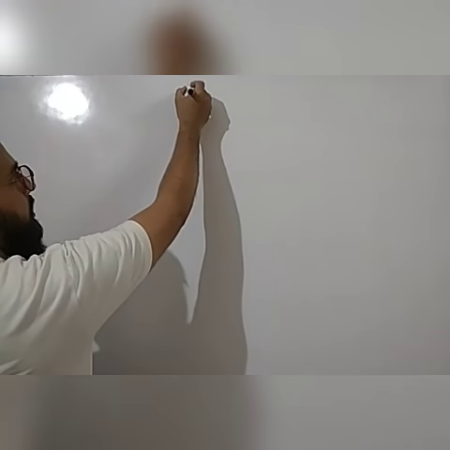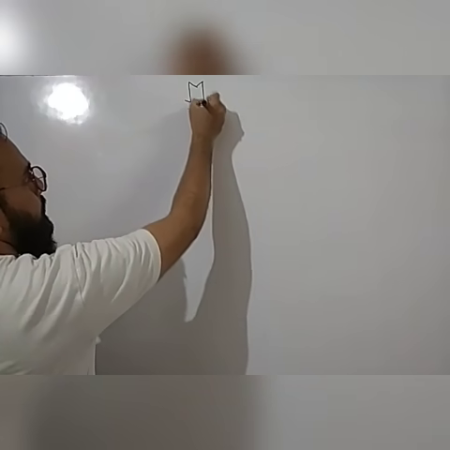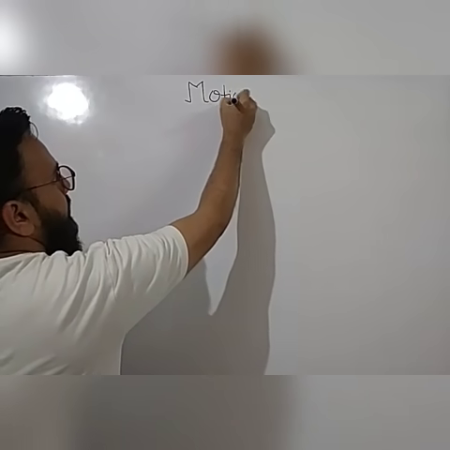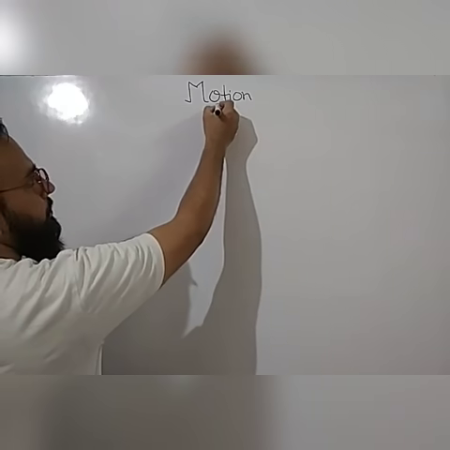In our last class we discussed the types of motion depending on the coordinate axis. That means we discussed one dimensional, two dimensional and three dimensional motion. Okay, so now we are coming to the next classification of motion. I have already drawn a flow chart of motion. Now I am making that flow chart again.